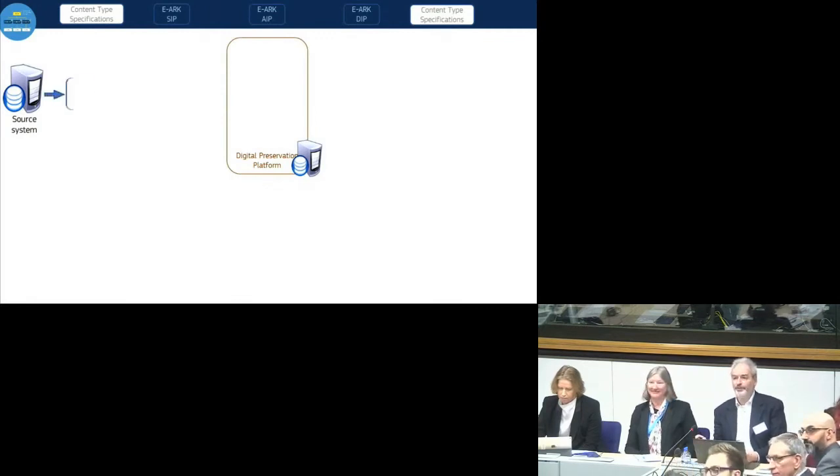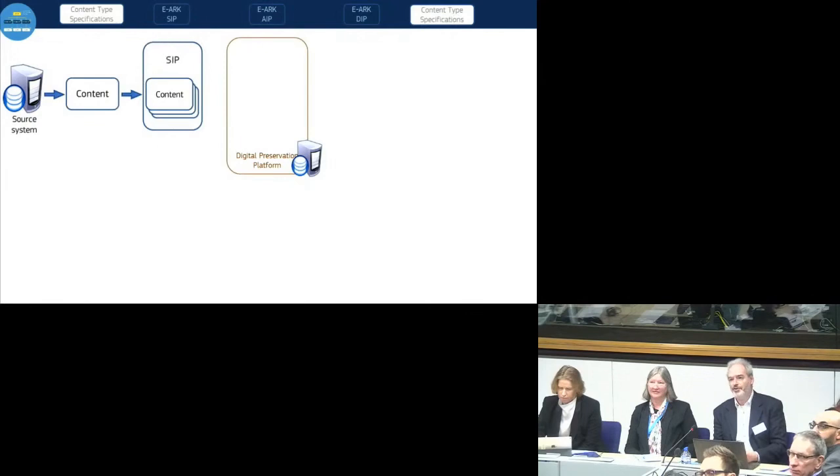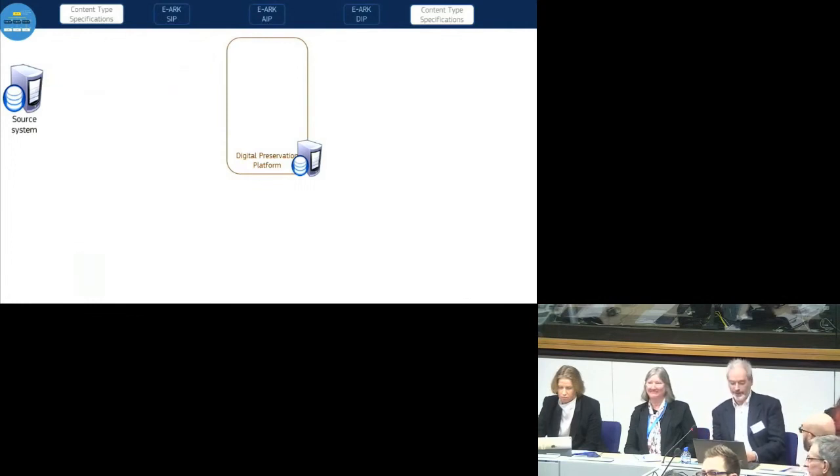So the overall process starts with exporting or collecting the content and packaging it. This phase is called pre-ingest. The e-archiving building block provides several content type specifications and the specification for the submission information package supporting pre-ingest. The submission information package is the input for the digital preservation platform. I should have started with that one, actually. That's why it was in the middle,